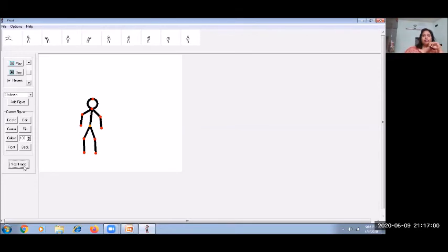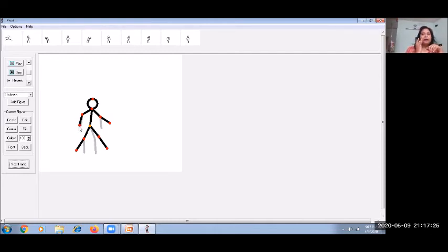So we have created many frames. You can create any frame. You will be creating a walking stickman by moving his leg in a position like it has started walking.